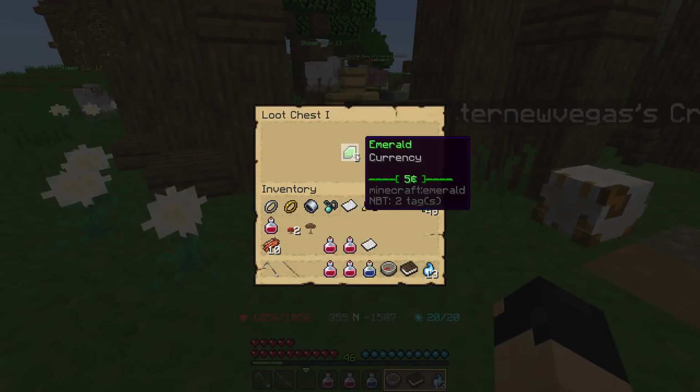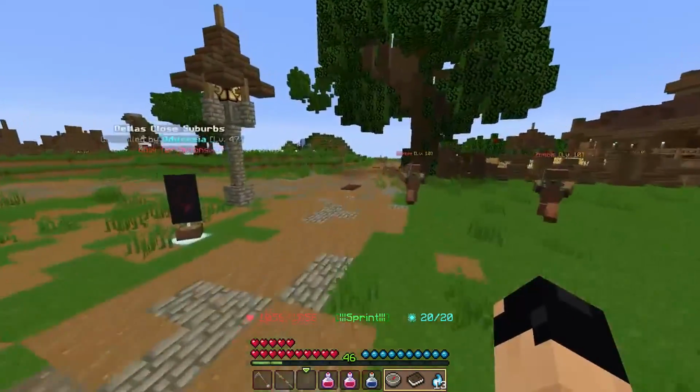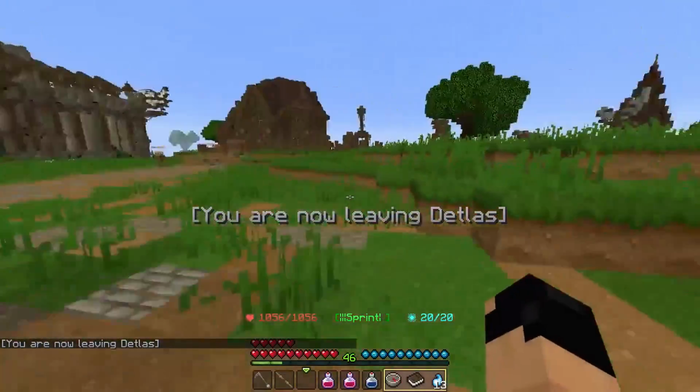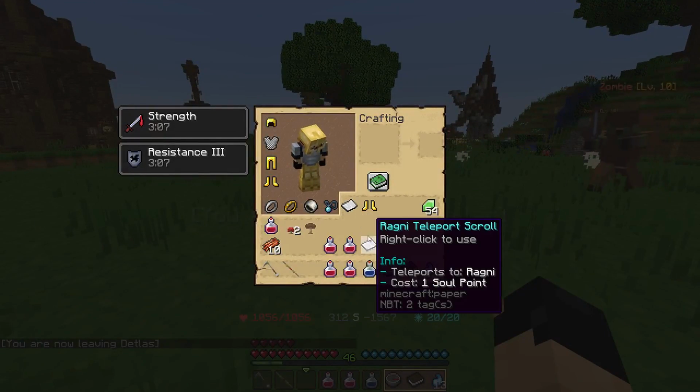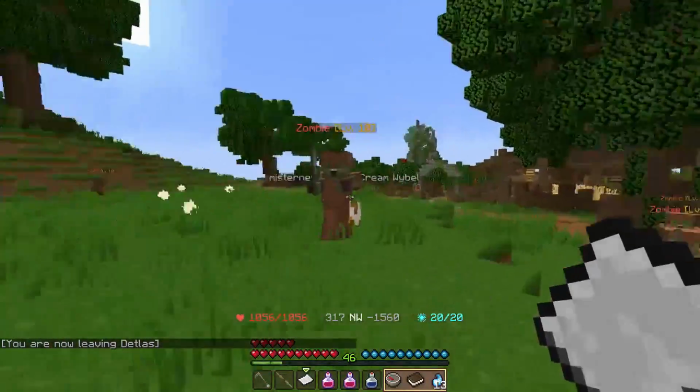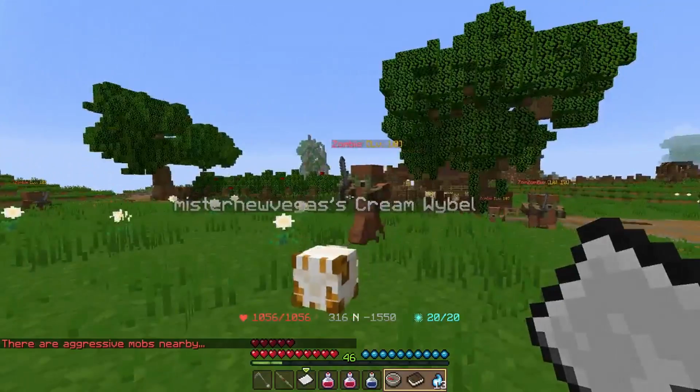Now you're going to see a lot of places that you can't access yet because unfortunately you're too low level. There are definitely a lot of places I have not gone to. So there's that. Now we're going to go ahead and travel to Ragni. This is a teleportation scroll. You don't need anything other than...